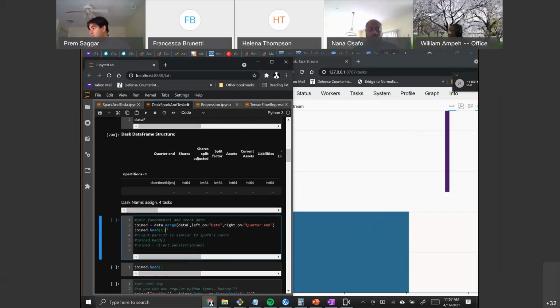In practice, when you're doing this stuff, you'll execute heads and whatnot because you want to look at the data to make sure you have it right. But in practice, you'll remove this so that the compiler and Dask or Spark can come in here and say, this is the fastest way to do it. It will optimize the execution for you. So let's see what happens now. Okay, so if we run this,